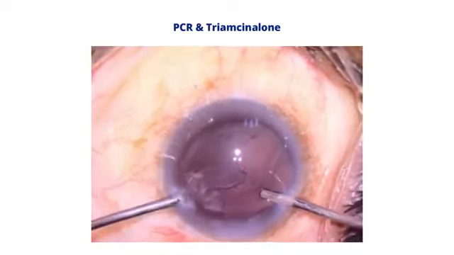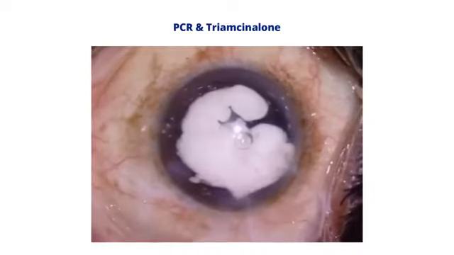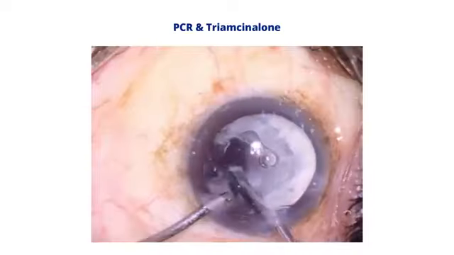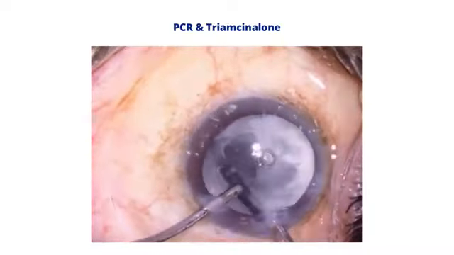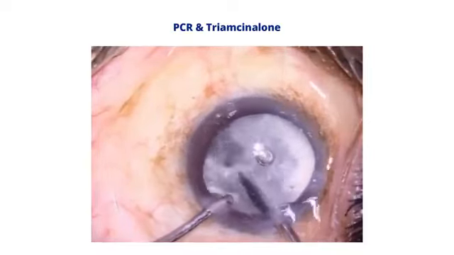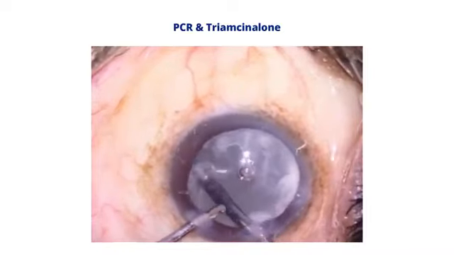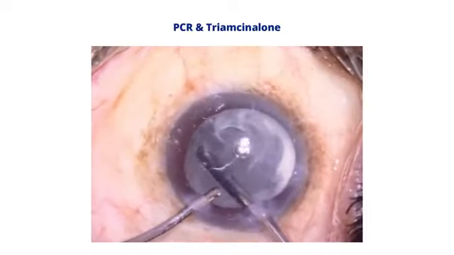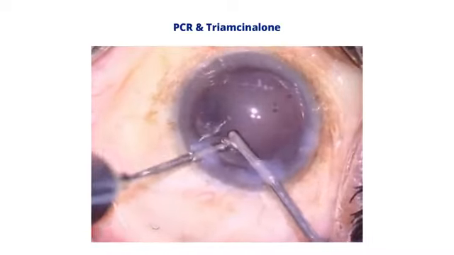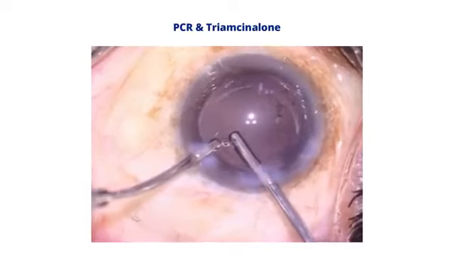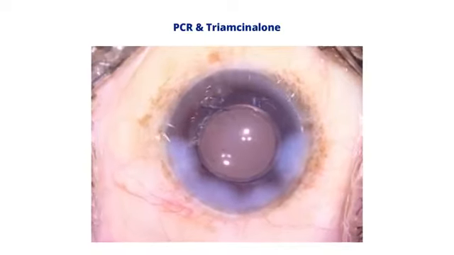It's usually a 1 in 10 dilution of the triamcinolone acetate that's used, and immediately you find that the vitreous strands get very nicely delineated, and you are able to remove the vitreous more completely than what's possible without the usage of this particular adjunct. Of course, some amount of triamcinolone acetate might remain. Usually that helps in controlling the inflammation that some of these cases are associated with, but you should be cognizant of the fact that there could be an intraocular pressure rise, so the pressure needs to be checked over a period of a month or so subsequent to the usage of this.